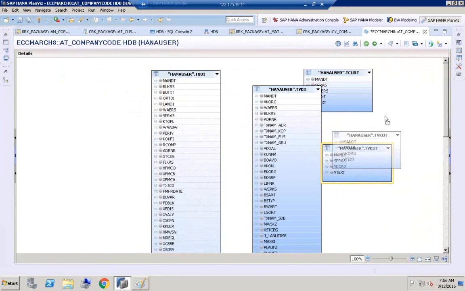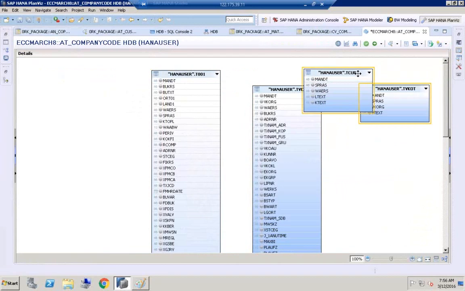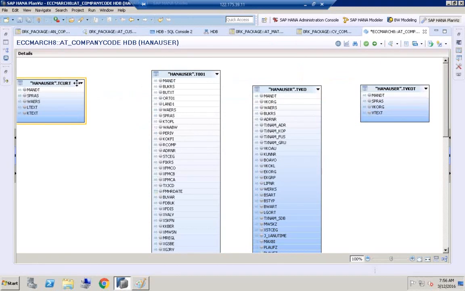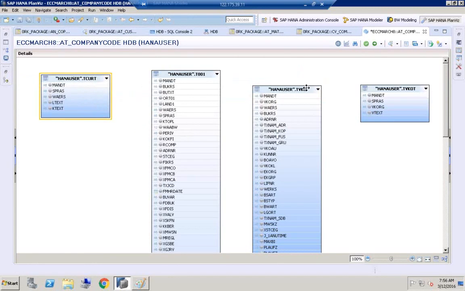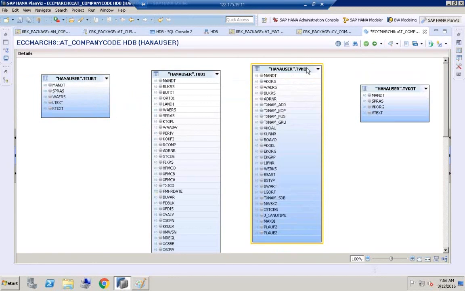And TVKOT, and the last table TCURT. So we have these four tables. Now, based on these four tables,